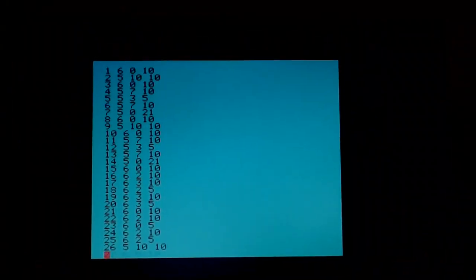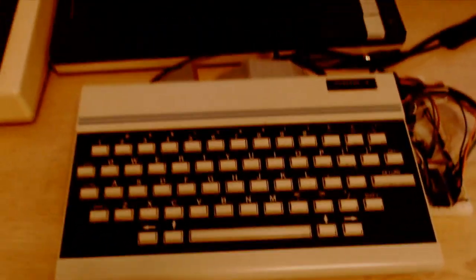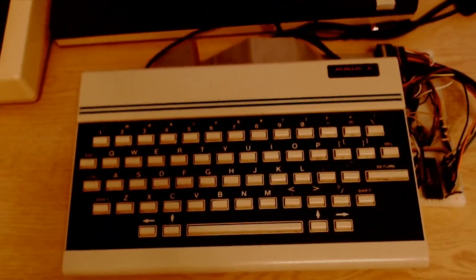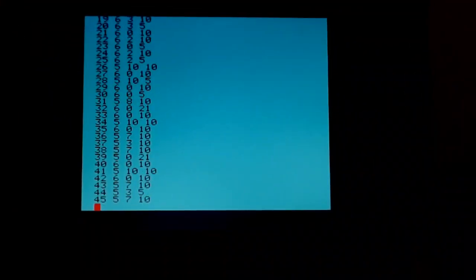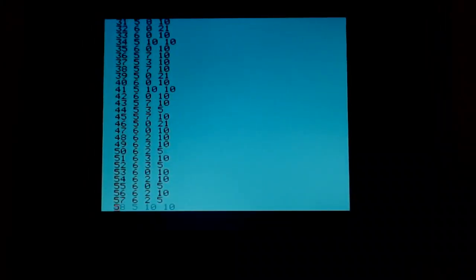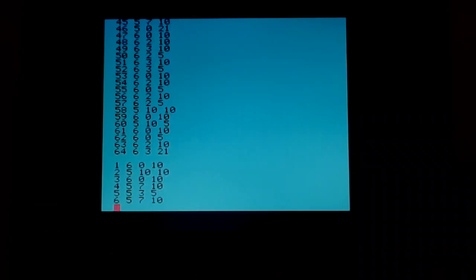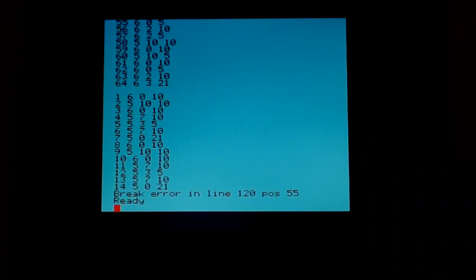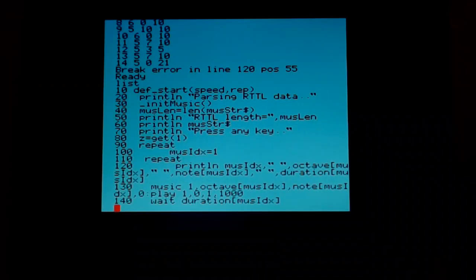So you can see there are 64 notes. The 64th one's just going off the screen there, and it's all being done by my trusty Oric that I've owned since it was new in 1983. I do have an Atmos, and I tried to do the demo on the Atmos, but the Atmos has got a very noisy speaker, and I've had to damp it with some cotton wool, and so it was rather too quiet. So I'll just stop that, and that's dflat playing a tune that has been built using the RTTL specification,